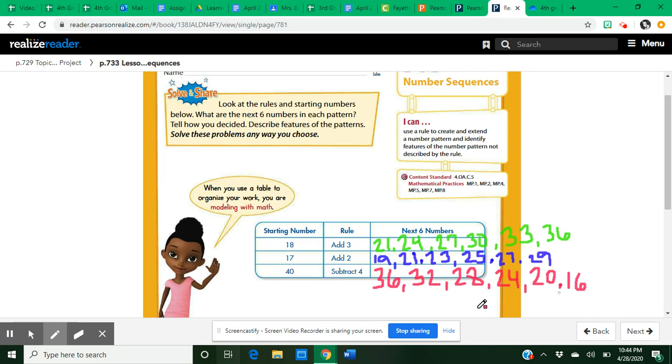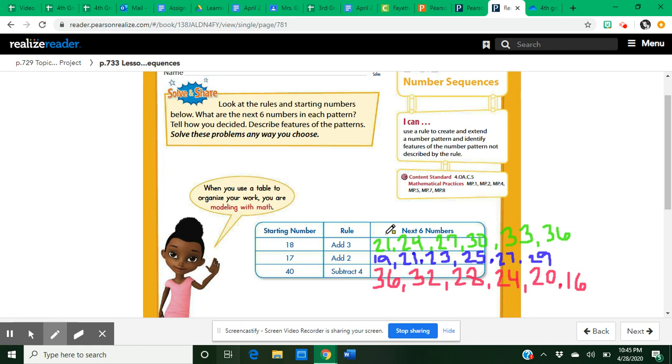16. And that is my 6. Okay, so now that I have these, I want for you to look at them. I'm going to pick a different color. I want for you to look at them and see what are some patterns you notice that aren't necessarily the rule. So when I look at my green set here, this 18 add 3, the first thing I notice is